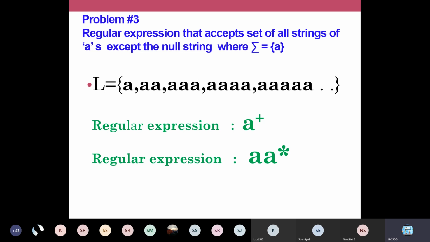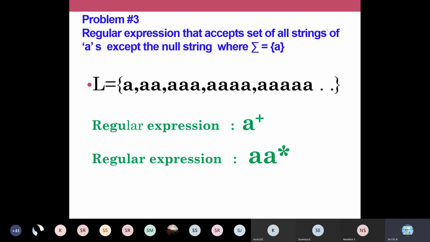So I told you that star denotes closure. Is it not? Star is named as closure operator. And your plus operator that I showed you in the earlier slides denotes union. So when plus is raised to the power, it is called positive closure. Okay, so plus in this point is called positive closure, and a star denotes Kleene closure.